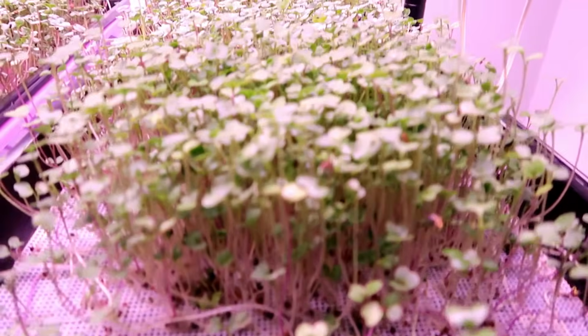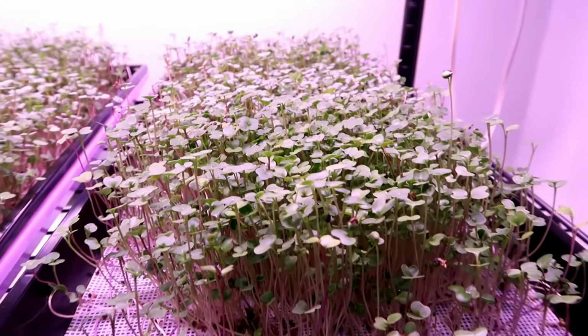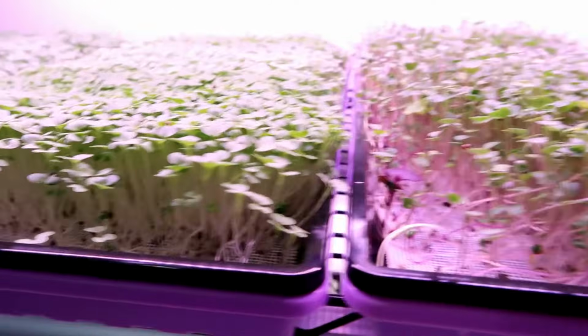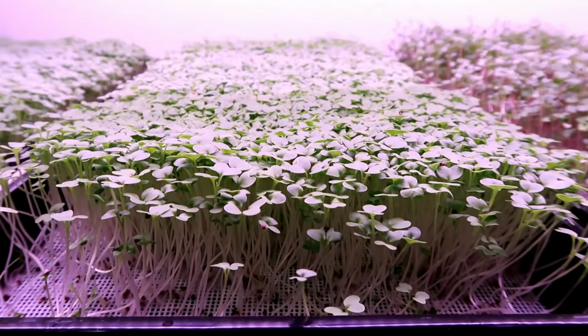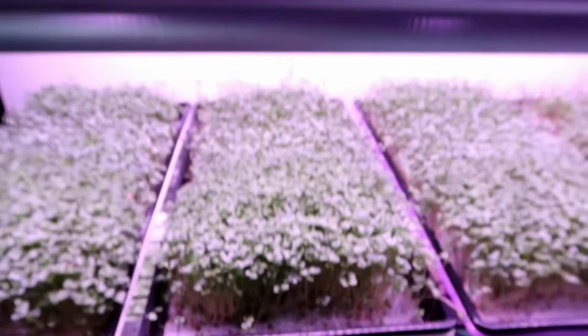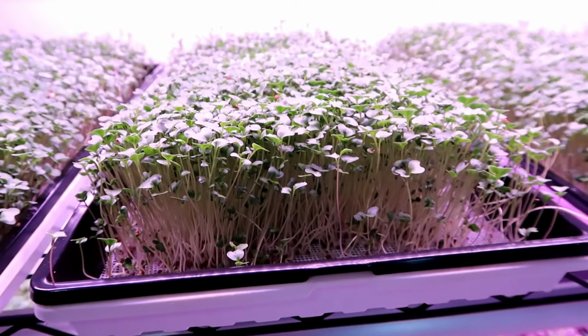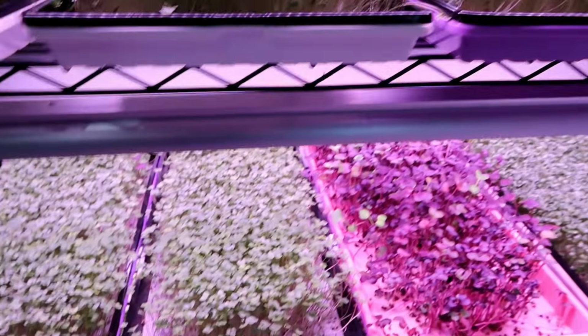So I'll show you guys where we're at with the growth on the microgreens. Here is the spicy mix. Looking pretty good. Another spicy. Wasabi. Everything's filling out nicely. This broccoli looks really thick and nice. Yeah, these all look great. I mean, I could probably harvest today on day 10, but